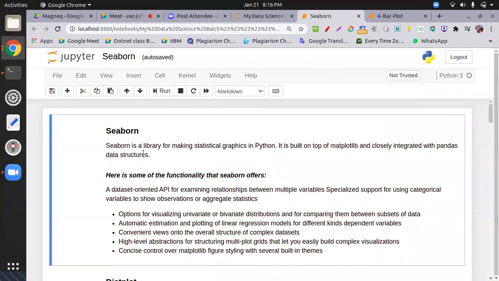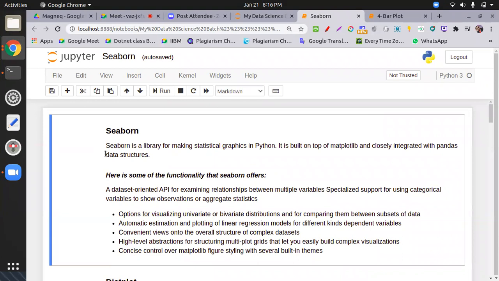So, students, in this session, I am going to teach you Seaborn. First of all, let's understand what Seaborn is. Then we do the same things in the Seaborn library. Some plots are common, but some are unique plots. You will realize what kind of unique plots are given over here.